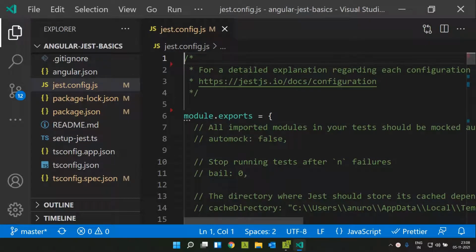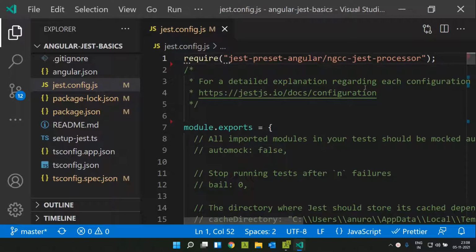One more thing we can give in our Jest configuration file is that we can add the jest-preset-angular ngcc-jest-processor. What this does is, in case we are making use of any Angular libraries or any libraries which make use of the View Engine, this particular command will compile all those libraries or packages into the Ivy compatible format.